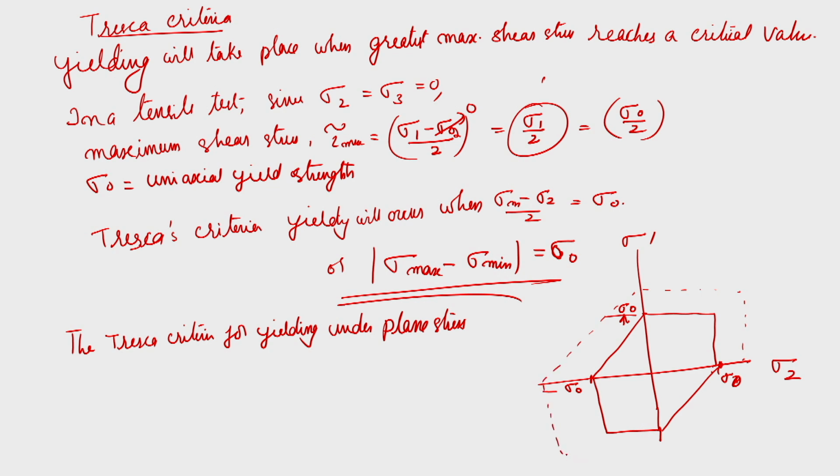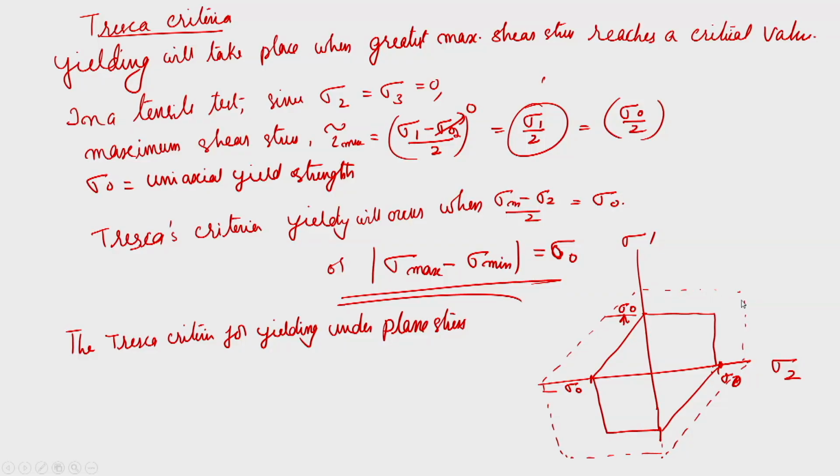So, when the deformation is taking place, it will still be a hexagon of the same shape. Okay. The first straight line which has been drawn is for a fully annealed material when you are just deforming it. But when the deformation is changing, and if you are maintaining the stress ratio constant, then the hexagon size keeps on increasing, because your new flow stress sigma 0 will come into the picture.